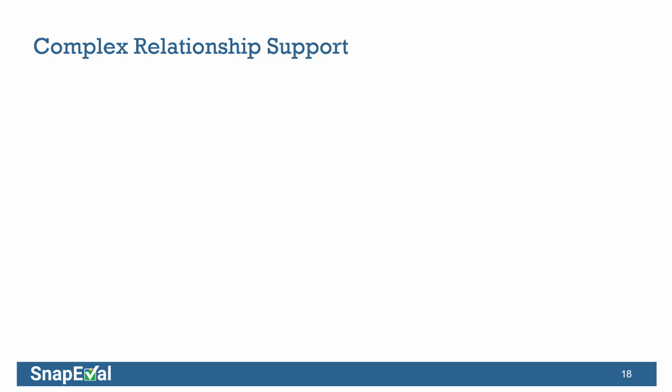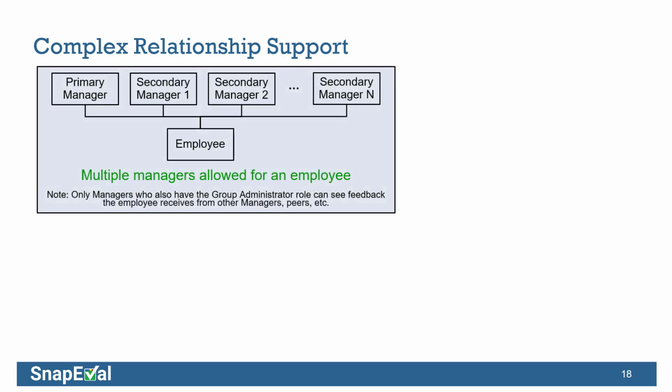Now, one of the real benefits of this architecture is that we can support some very complex reporting relationships. Different organizations sometimes work in teams. They have matrix organizations where individuals have multiple managers, and SnapEval fully supports that. So as a first example here, multiple managers are allowed for an employee, which is very powerful. Again, it's just going to be one primary manager, but as many secondary managers as you want to assign to